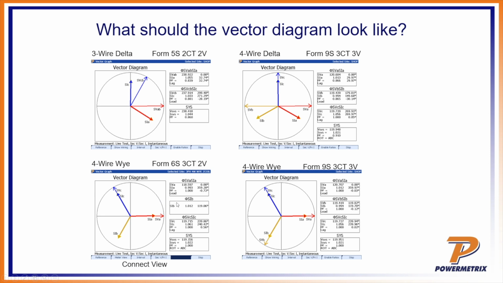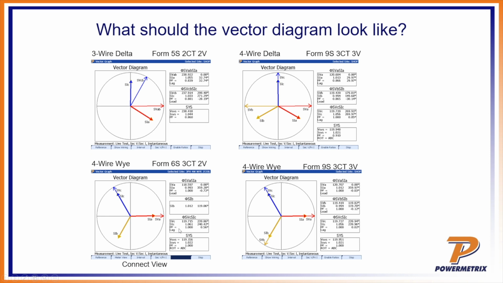You have 3 phases, but this meter is called a 2.5 element metering situation. And so one element is assumed. And what that means is when you're looking here in this connect view, you don't see voltage B. It's assumed. And we'll come back to this in a second. And then on a form 9S, a very common meter, everything is equally spaced. Now back to this 6S for a minute.